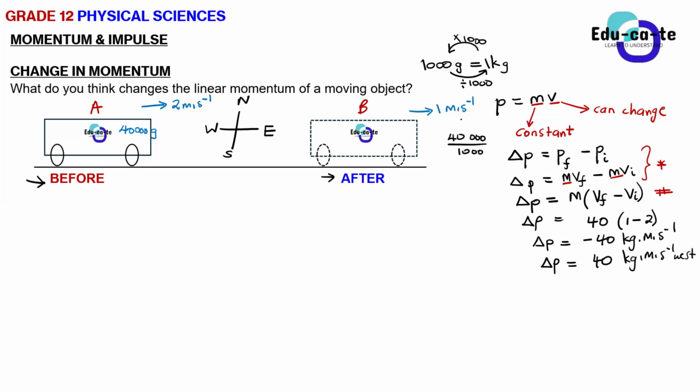Okay, so the change in momentum can have a different direction. In this case, you can see it's going to the west, but our vehicle is still going to the east. Do you see that? Yes, sir. So please be careful and don't have misconceptions. So the formula that we use officially is this one. Delta P is equal to M into VF minus.